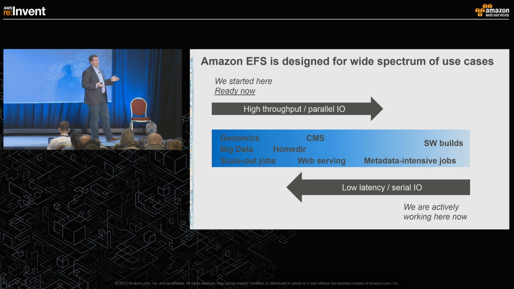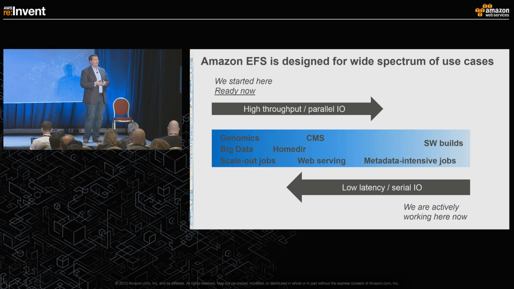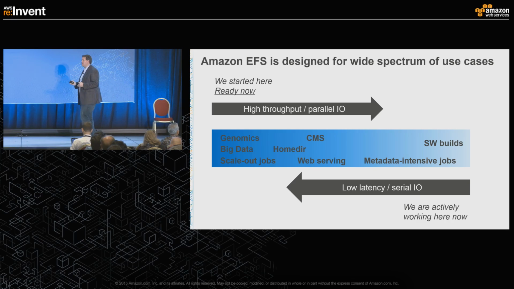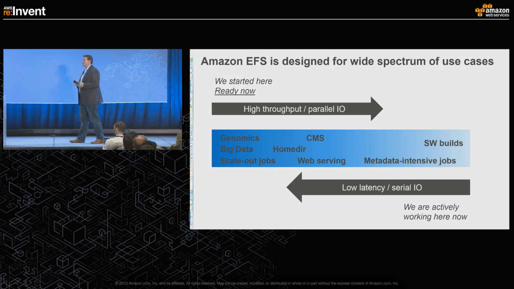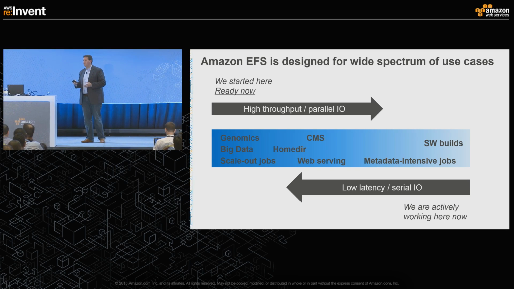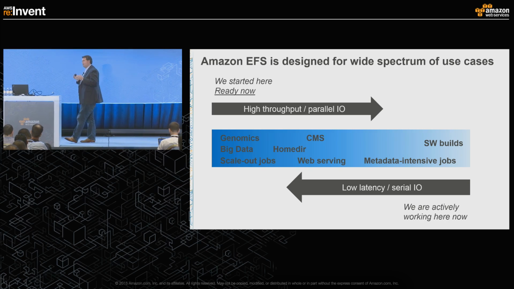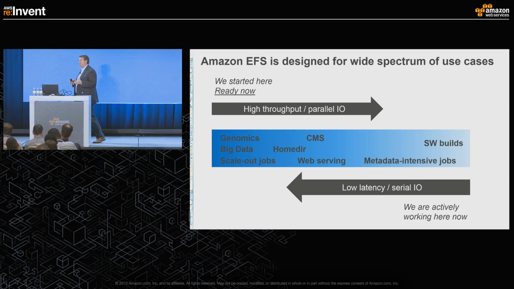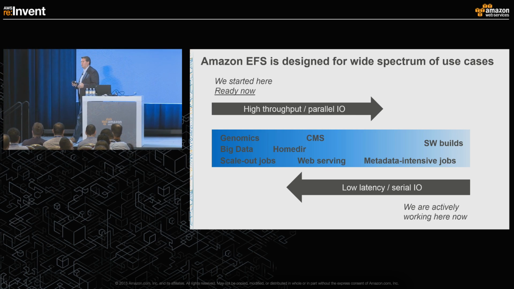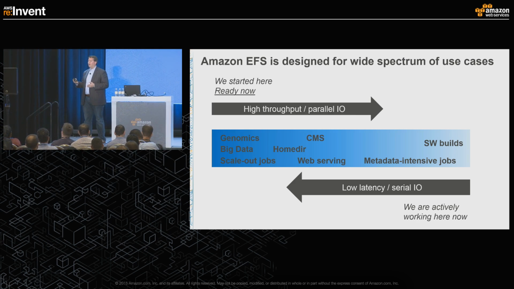But not everybody has those types of jobs or has those types of requirements at the high end. And we wanted to make EFS appropriate for a wide diversity of use cases. So we're actively working on another collection of use cases right now. We're working on those around metadata-intensive jobs. If you have a collection of jobs that have a high volume of get attributes, or a high volume of set attributes, or a high volume of opens and a high volume of closes, we're working on delivering a low latency experience and one that can deliver a very consistent performance experience for low latency and serial I/O sensitive applications as well.